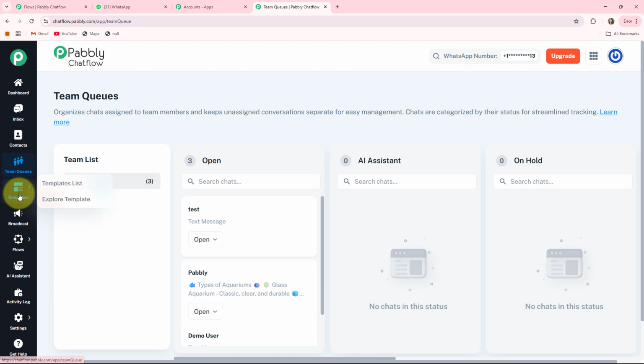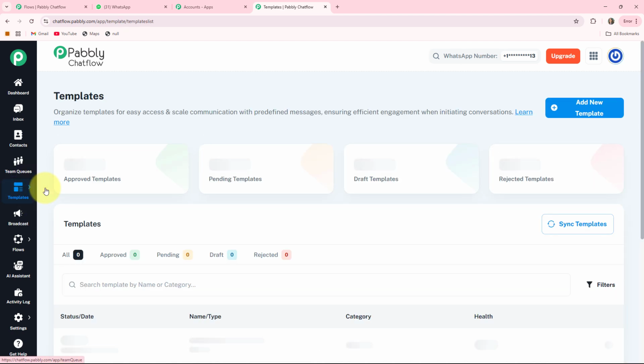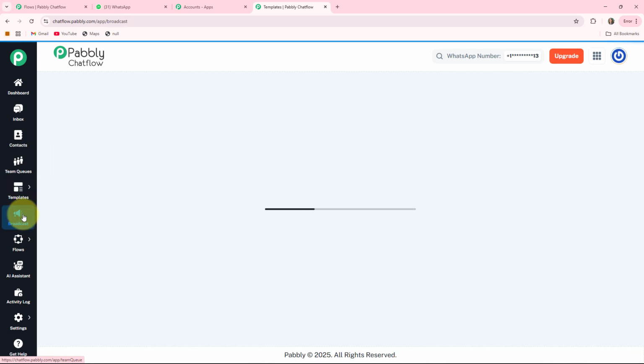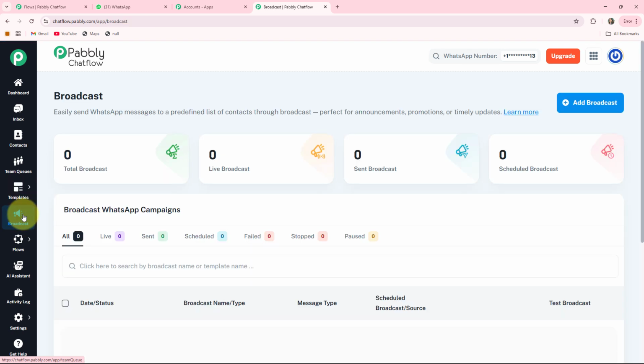The fifth one is the template. It is just like a pre-approved WhatsApp template. These are required for initiating a conversation if the customer has not messaged you first. The sixth one is the broadcast. It is used for sending bulk messages to many users at once, and it is also used for promotion, announcement